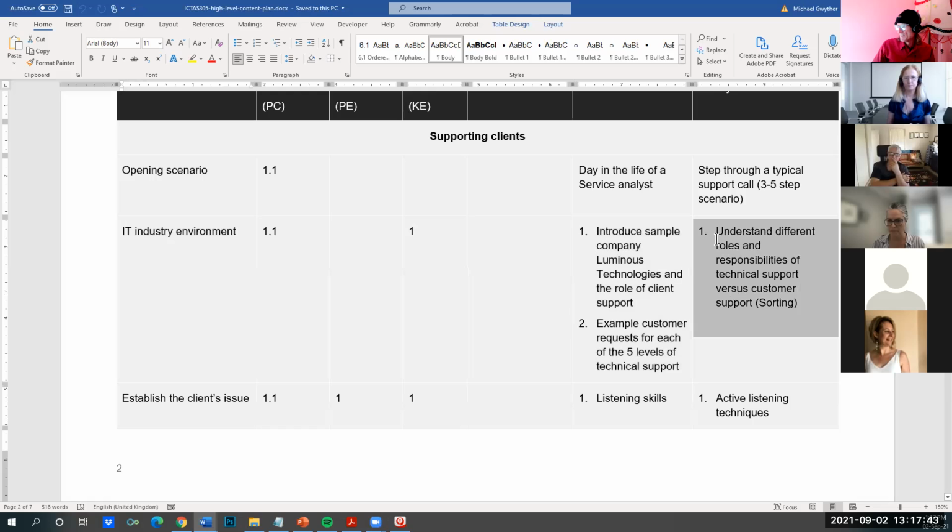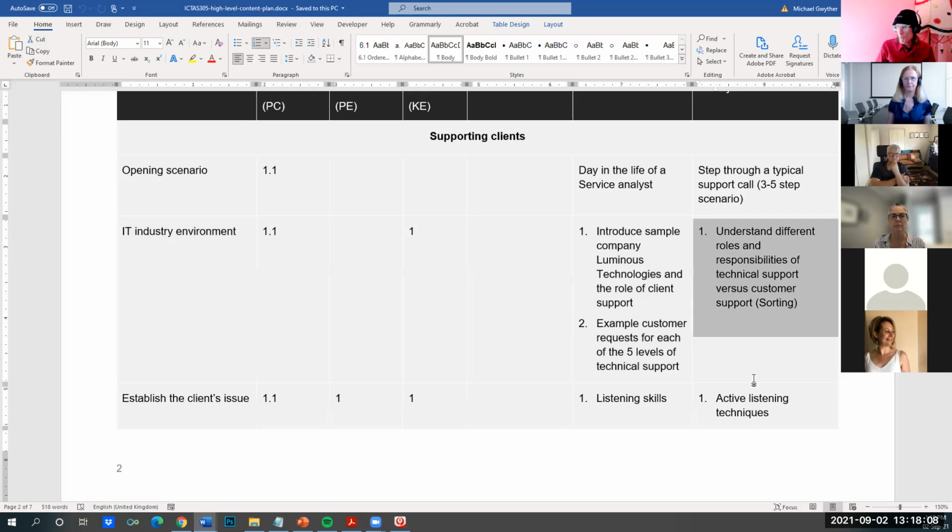So very often you're really casting the net, if you don't know the unit here, to think, okay, do I understand this, how would it work, and how can I put it into a bit of a flow? And so this is very much about an active process of supporting a client with an ICT issue. It could be software, it could be hardware, it could be anything. The whole unit revolves around that.